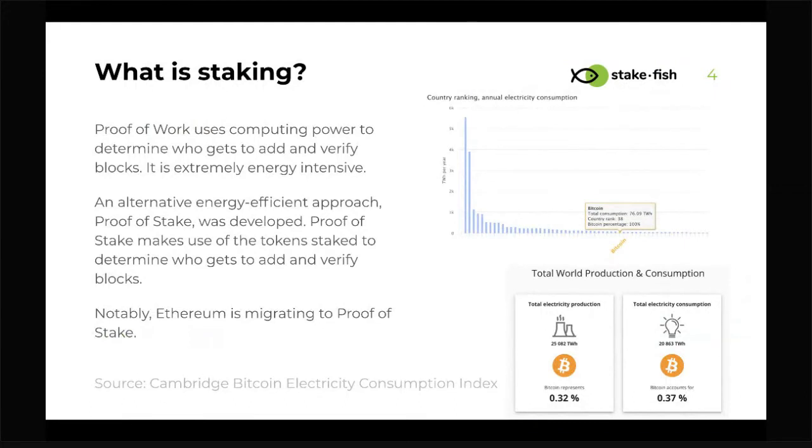So an alternative, energy efficient approach, proof of stake, was developed. In proof of stake, rather than using computing power to determine who gets to add and verify blocks, we use tokens staked. Notably, Ethereum, the second largest network, is planning to migrate to proof of stake.